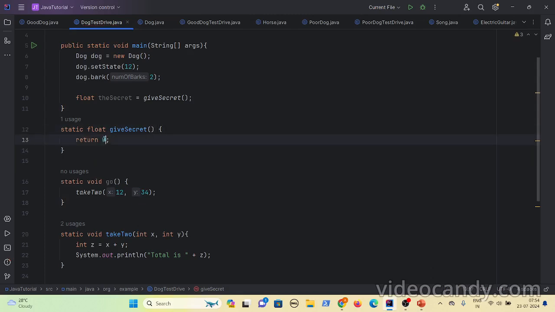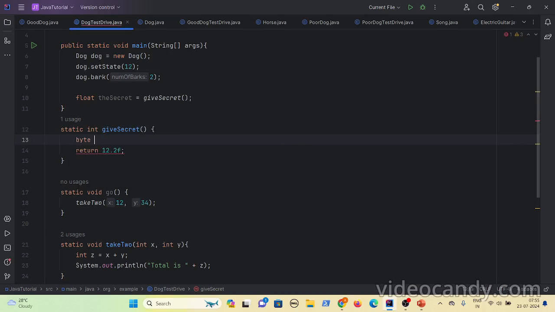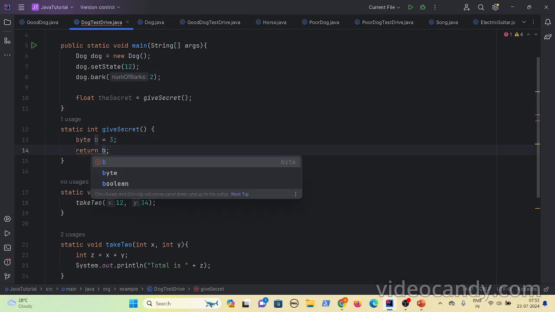Okay, so let's see here 12.2f. What the compiler does is check whether this value is matching its type or not. And sometimes what happens is, let's say you declare int here, but you are passing a byte. Byte b equal to 3. Now it will work because implicitly,